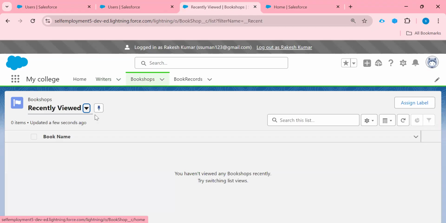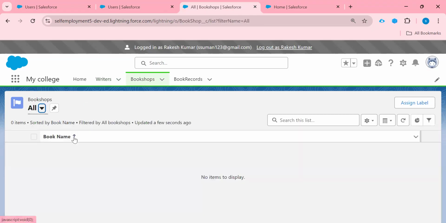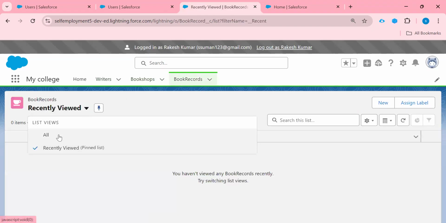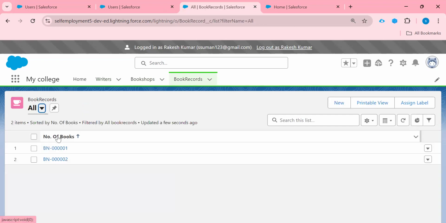And if I open this, he can only read. No record is available here, that's why it is not showing in the list. If I click here, he can read but he cannot delete. So he can read, he can create a new one, he cannot delete, and he cannot edit the record.